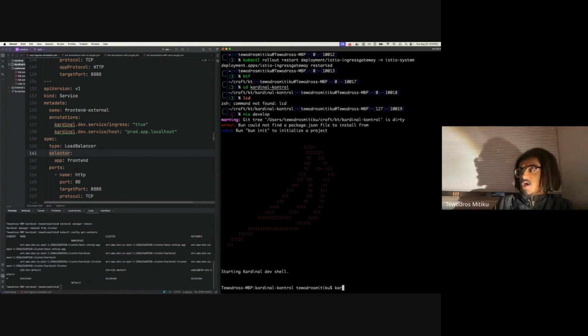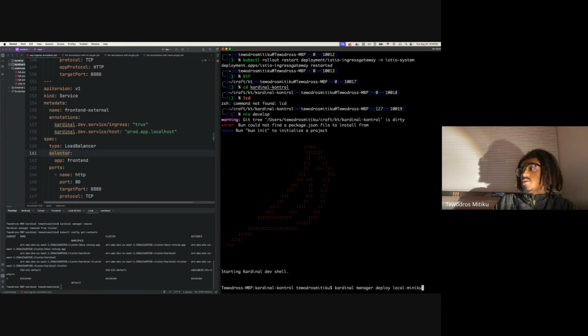So first things first, I'm going to go ahead and deploy the Kardinal manager. That's that sidecar that I was talking about earlier. This is the thing that will run inside of a user's Kubernetes cluster and constantly apply the desired cluster resources that implement the desired topology based on our flows. So I'll do that using a Kardinal manager deploy.